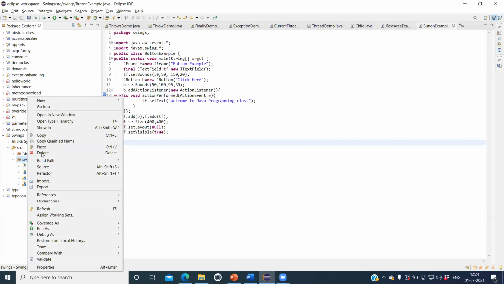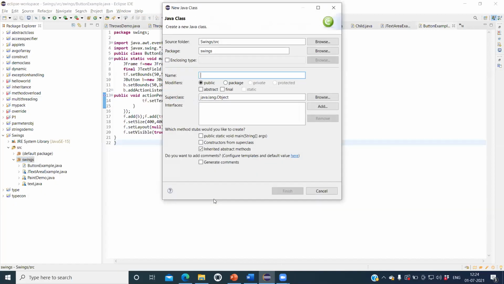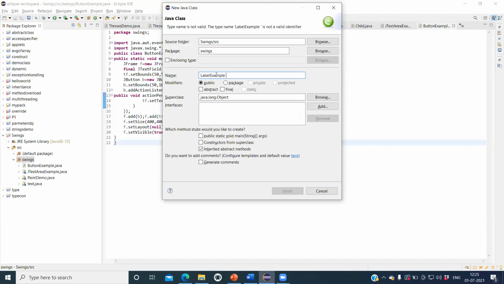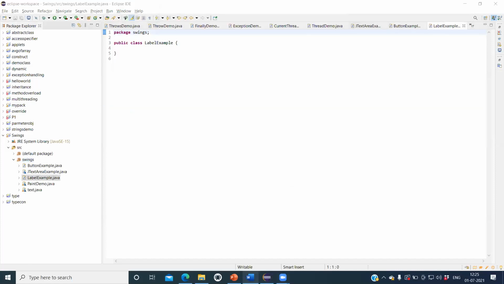Let me create one new class and give the name. I created the class, so let me copy this code.